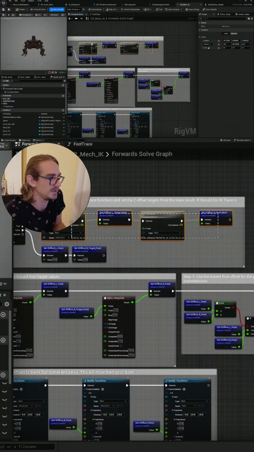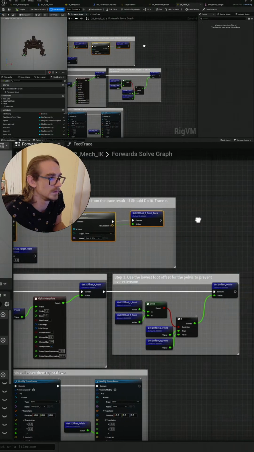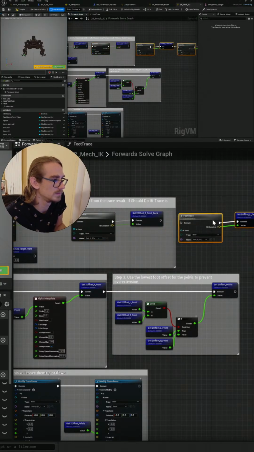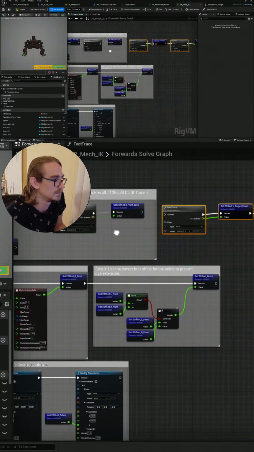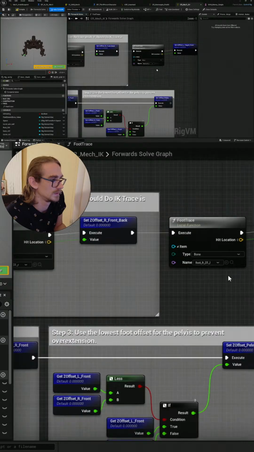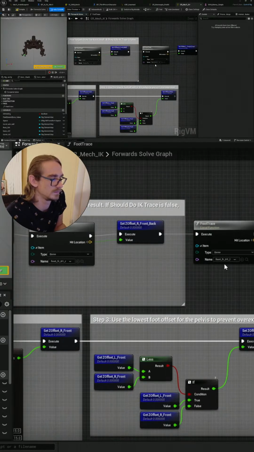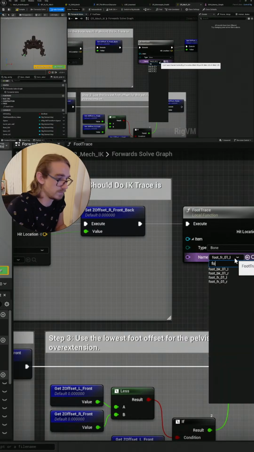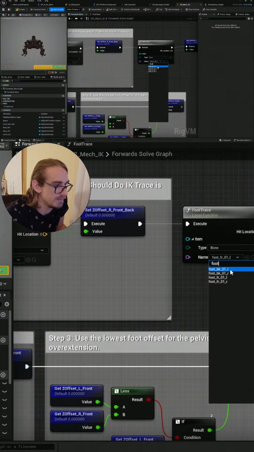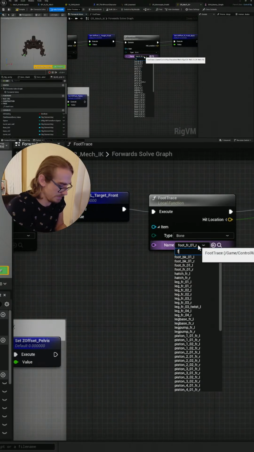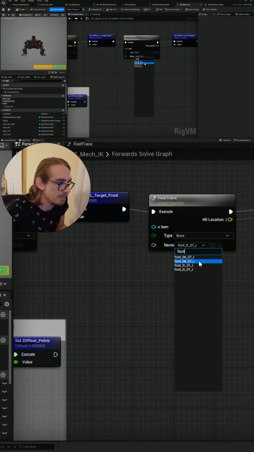So basically I need to do the same thing here. For the back L, back right,